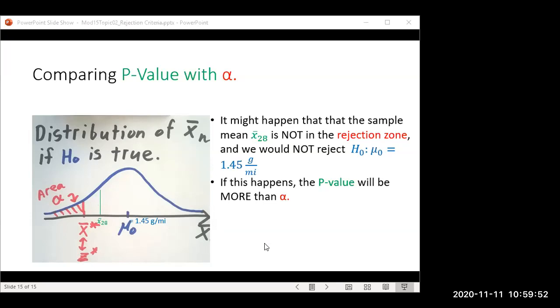So the EPA, they don't have to tell you the X bar star or the Z star. If they just tell you the alpha, that's good enough. If you can calculate the p-value, then you just compare. If the p-value is less than alpha, you reject the null hypothesis. If it's more than alpha, you